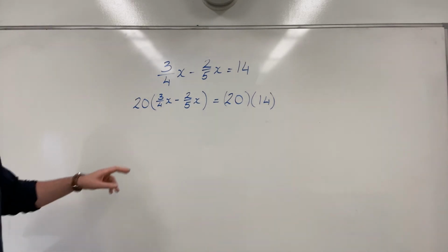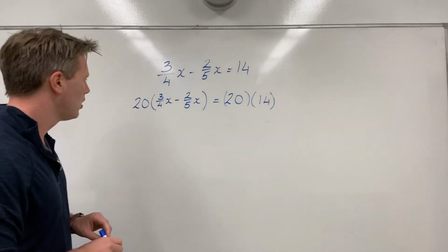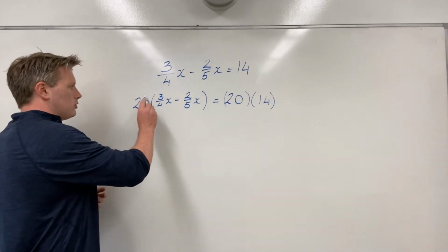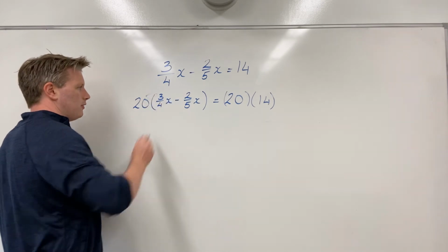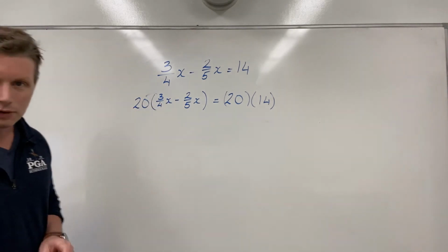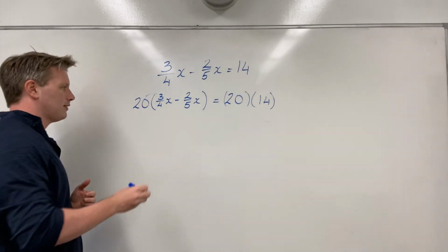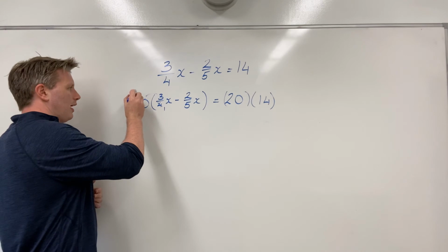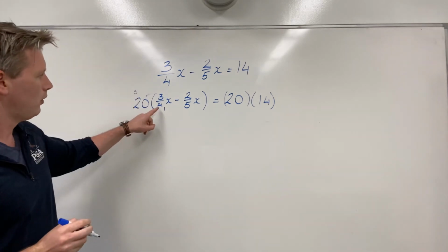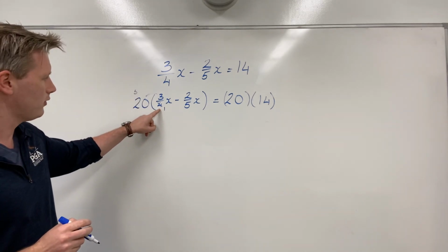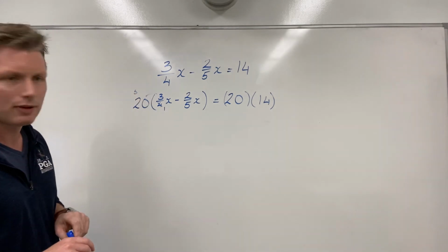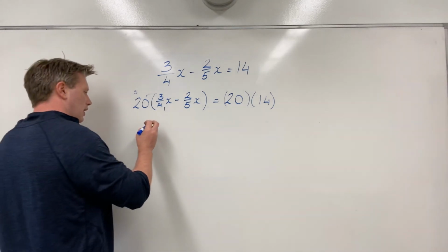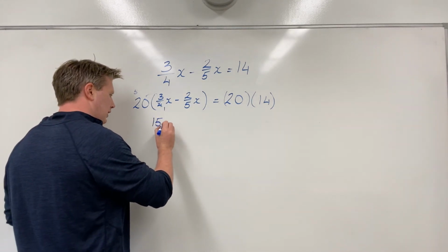And now I can proceed. 20 times 3/4 x. Well, the way I would look at this, I'm going to distribute my 20 in here. You could take out your calculator if you like, but what I prefer to see is that 4 into 4 goes once, 4 into 20 goes 5 times. And so 5 times 3 is 15. And so I get here 15x